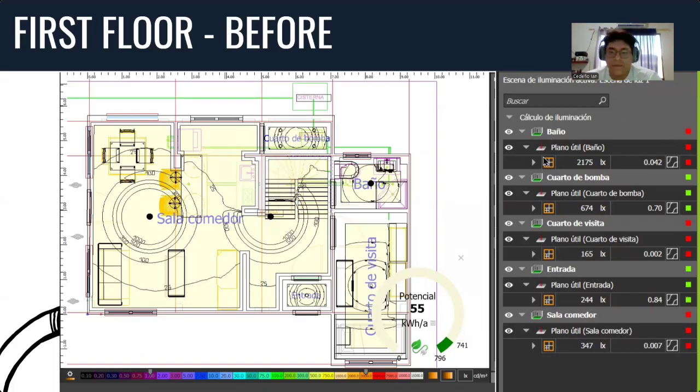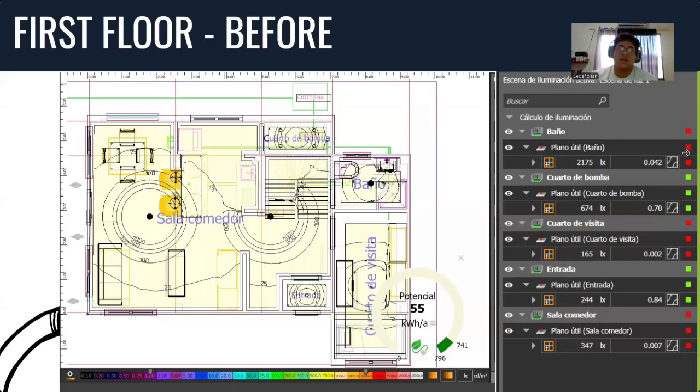You can see the distribution of the living room. You can see in this graphic how the light works in different areas. We can see in the pump room that these areas have a good distribution of the light. You can see in the principal restroom how it distributes the lights. But in this table, for the restroom, we have